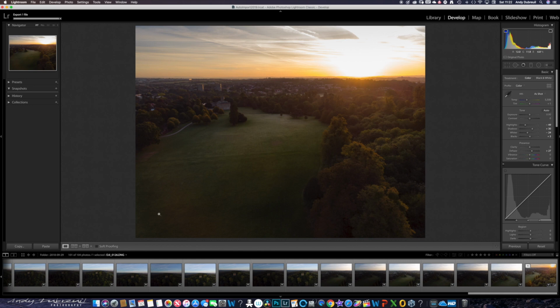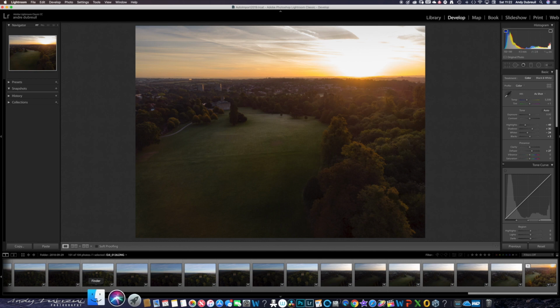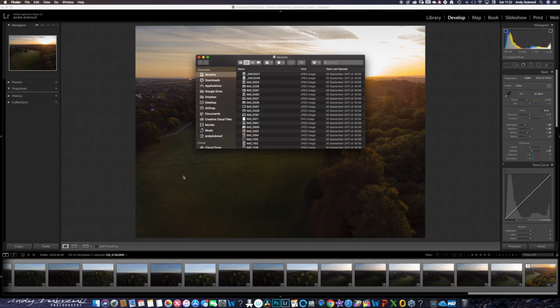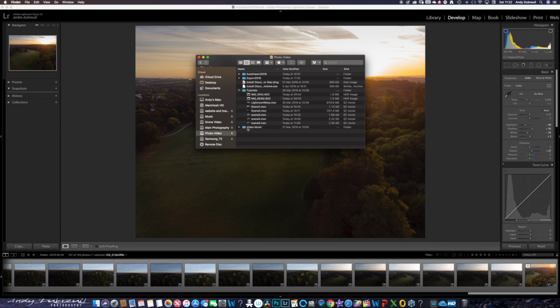There we go. So if I now go to File, and if I go to my photo external hard drive, and then go to my export file, and then the Blaze, and then if I open this image,